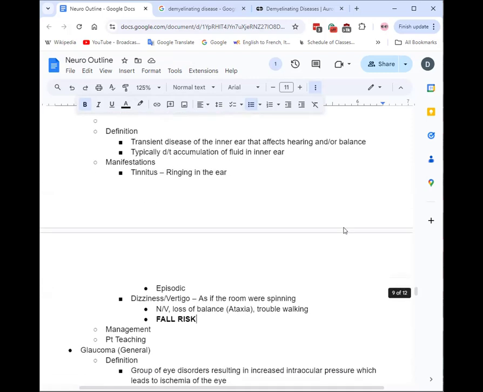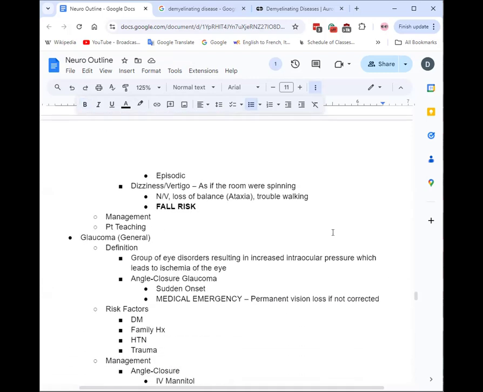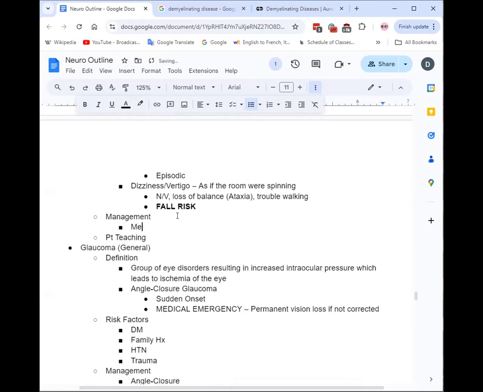Okay, and it doesn't typically cause pain, so we're gonna move on from there. I want to get to the medication because that is important. For management, the medication they specify is meclizine, aka Antivert. Hopefully they give you the brand name for this one because anti-vertigo literally spells it out for you that it's for the vertigo, aka the loss of balance, nausea, vomiting, dizziness. That's going to be obvious if you see the word Antivert.